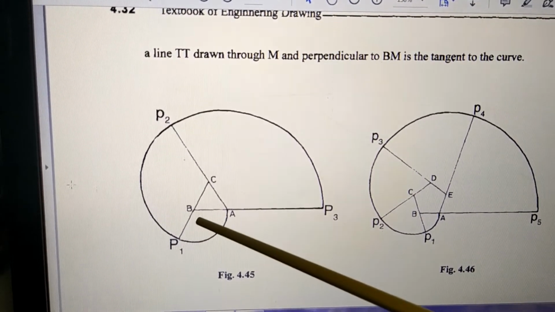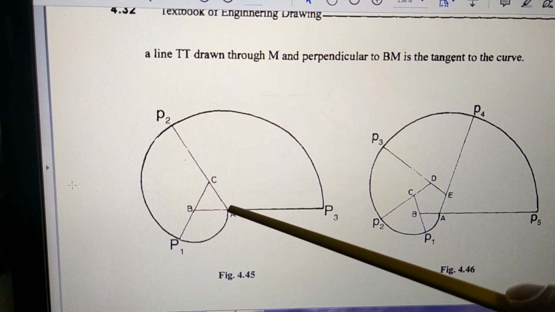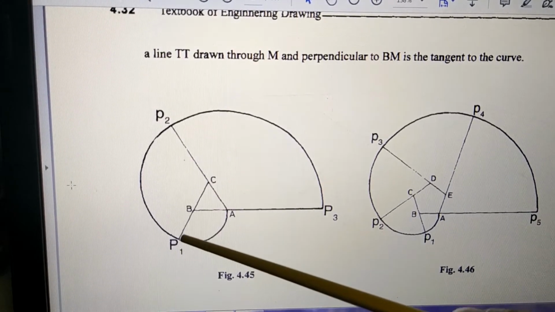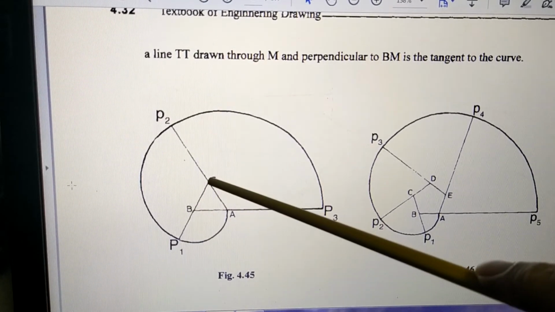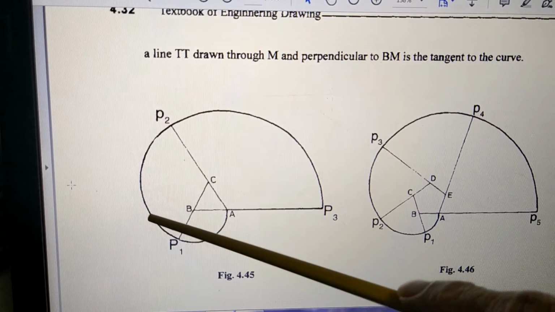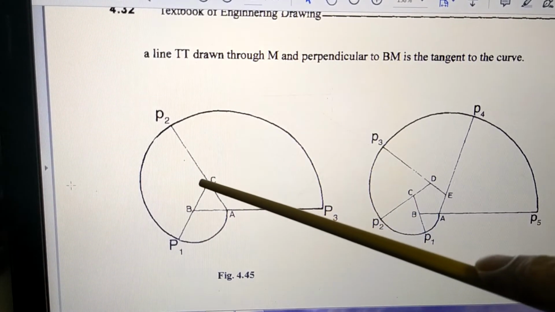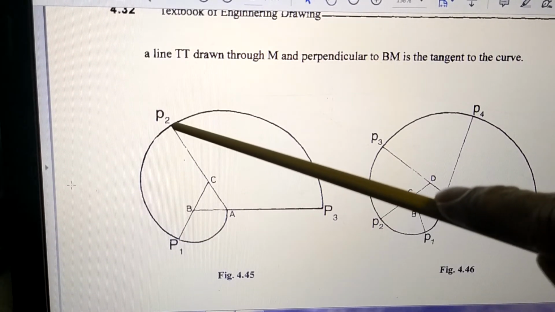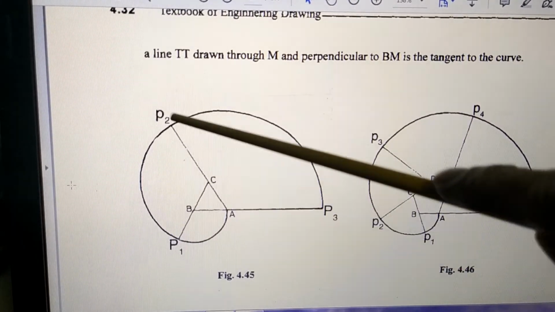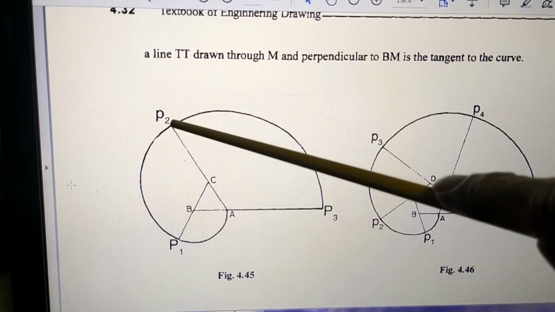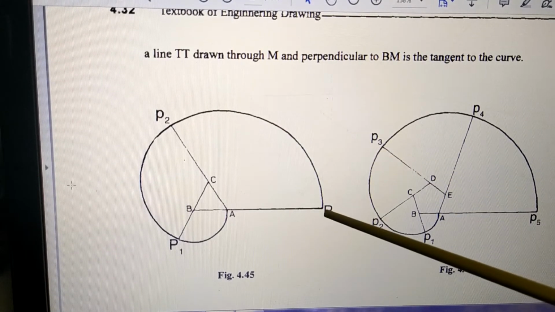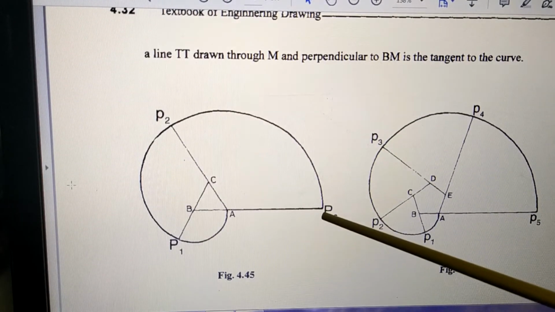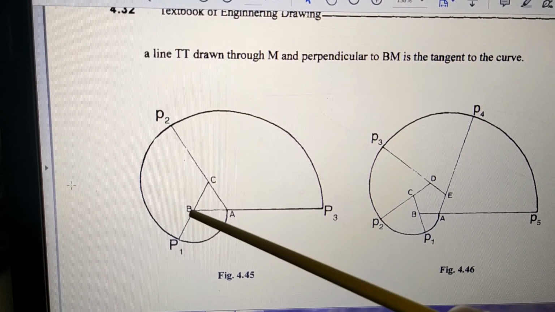First you draw a circle with B as the center and BA as the radius. This much you have drawn, cutting this line. You draw a line here. Then the center changes from B to C. This becomes the radius, and you draw the circle like this, keeping C as the center. You reach up to here, you have drawn one line here, so you stop here. After that, when you move further, now the pencil has its center here, radius this much, so the pencil moves like this and it stops here on this line. So the shape of the involute is like this, which is the involute of a triangle whose size is 30 mm.